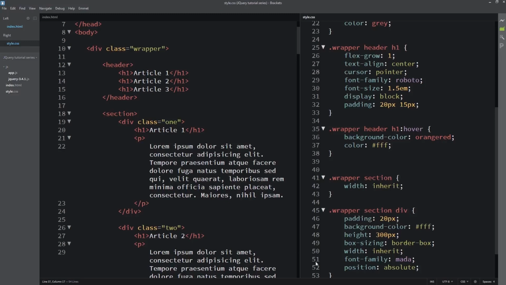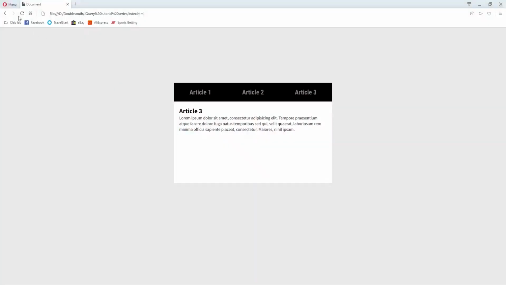So I'll come back here and refresh. See how we don't get this thing now. So the next thing is, by the time we click on this article 1, it should show here. So first hide everything inside here, or first hide all this, so that when they click on this one, it shows. And by default this one is not going to be checked by default, so article 1 should show. So what will I do to achieve that?